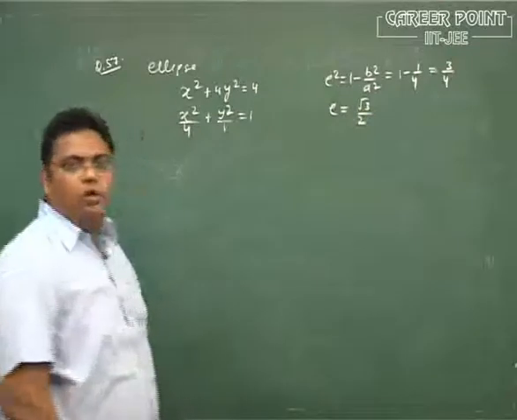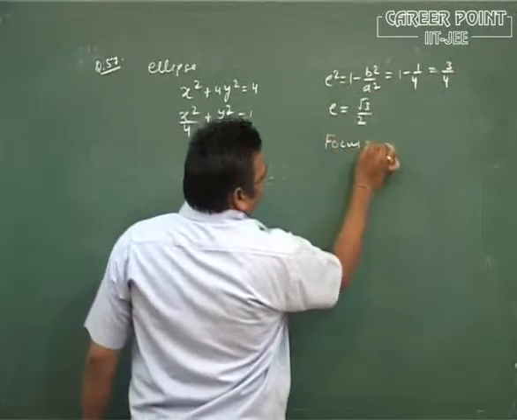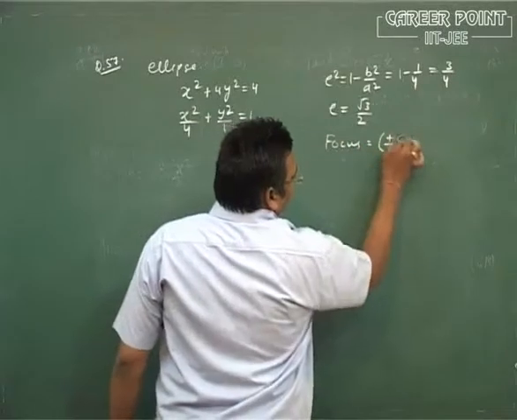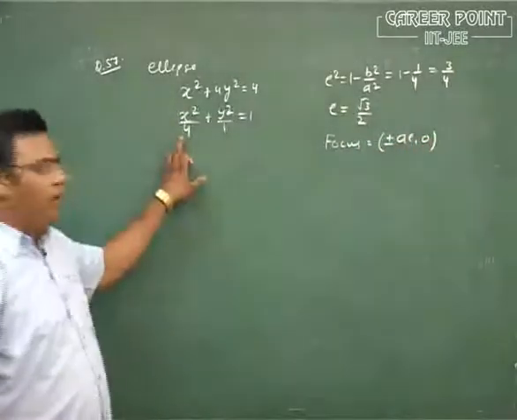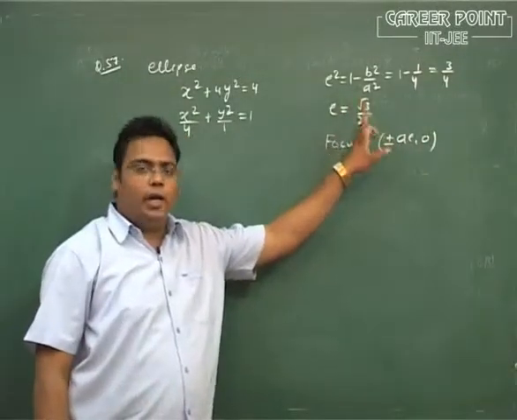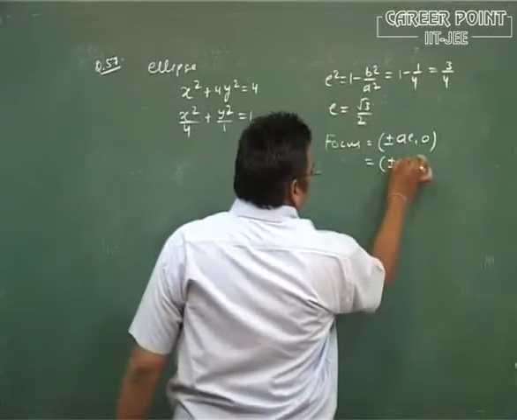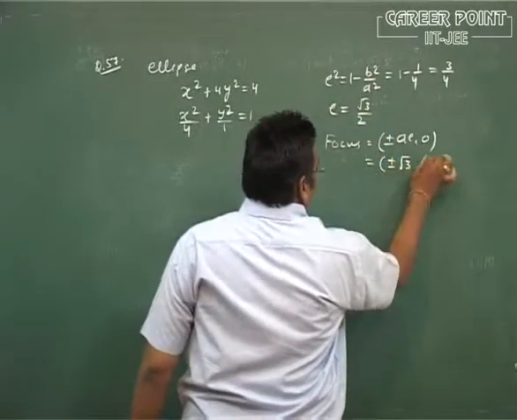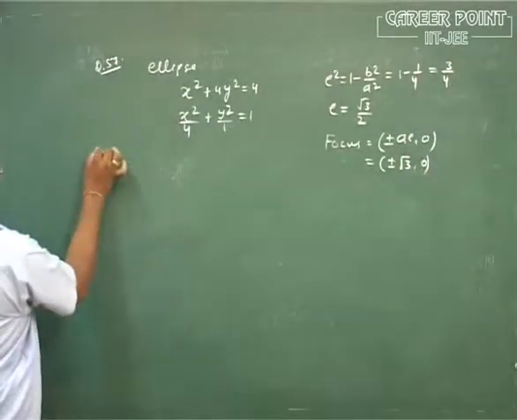Now focus of ellipse. Focus of ellipse is given by plus minus a comma 0. Put the values of a. The value of a is equal to 2. And what is the eccentricity? e is equal to root over 3 divided by 2. अगर मैं सिंप्लीफाई करूंगा तो that value is equal to plus minus root over 3 comma 0. फाइन. Now for hyperbola,